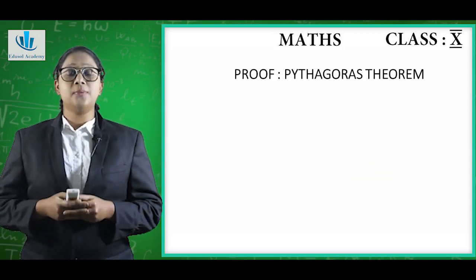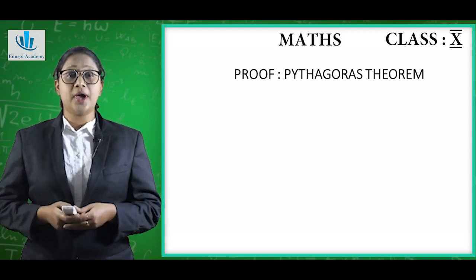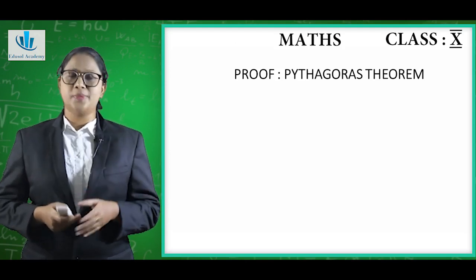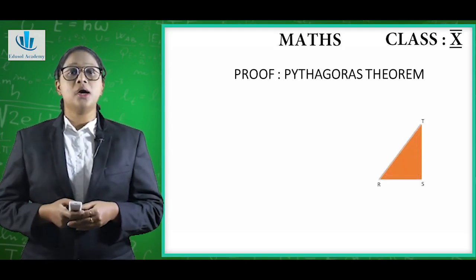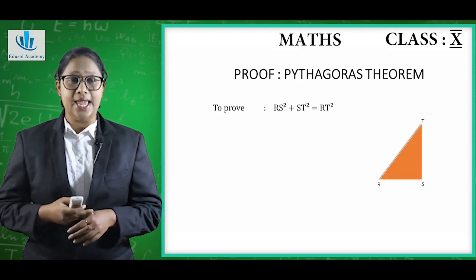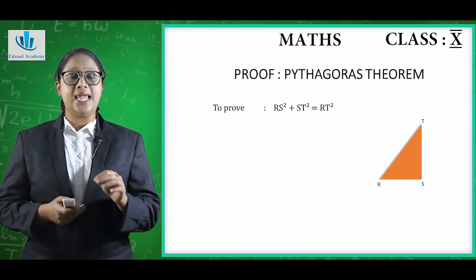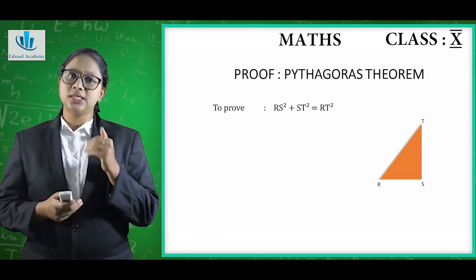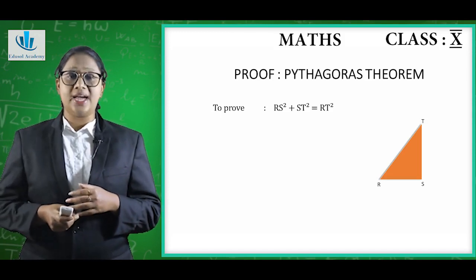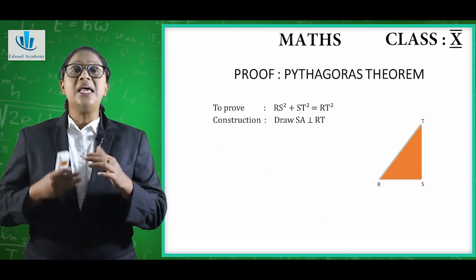Now, let's have a look at the proof of Pythagoras theorem. There are plenty of methods to prove Pythagoras theorem, but we will be using the concept of similarity to prove it. So, we are using the same diagram, triangle RST, right angled at angle S, and we have to give a construction, that is SA perpendicular to RT, which means that angle A is 90 degrees. So we have to prove that each of the smaller triangles formed after construction is similar to the